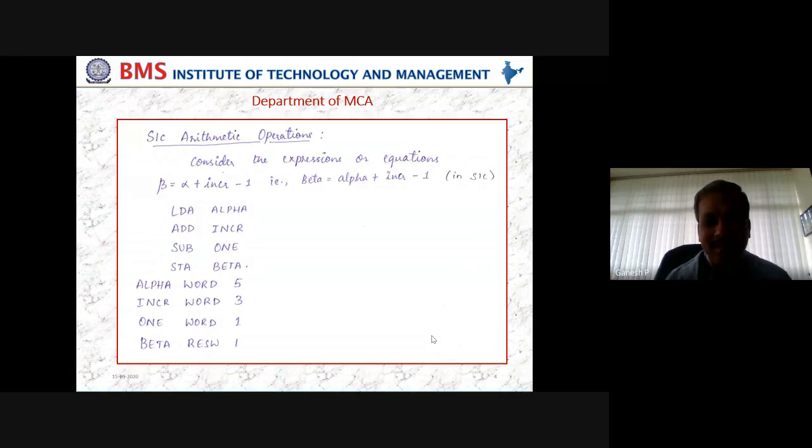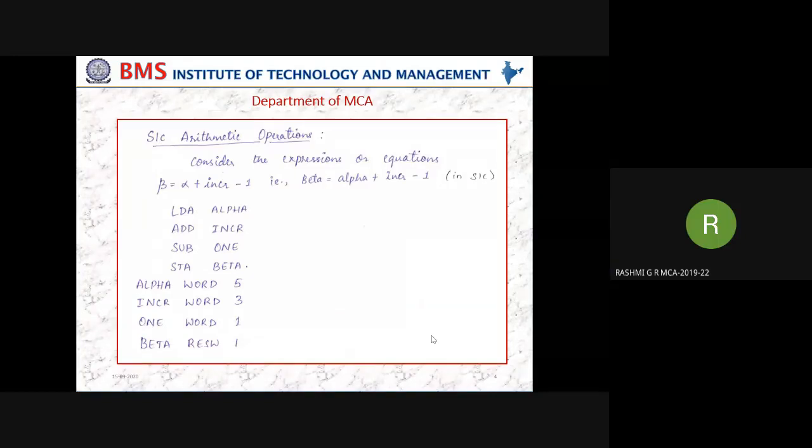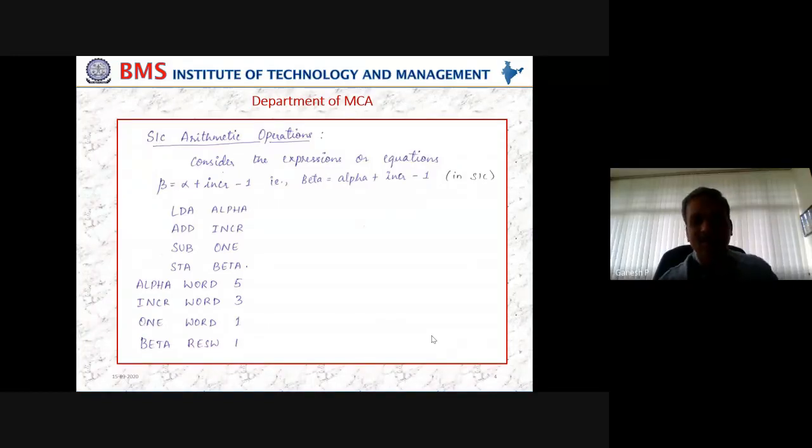So how do you visualize the given expression? Accordingly, we have to write the program. There is no rocket science or Greek and Latin here. Whatever we have seen mathematically, the same thing has been transferred into the assembly level language program, but in our case, it is SIC. So any doubts? Any doubts so far? No doubts, sir. Okay. Fine. If you have understood, I want you to write this program in SIC XE.